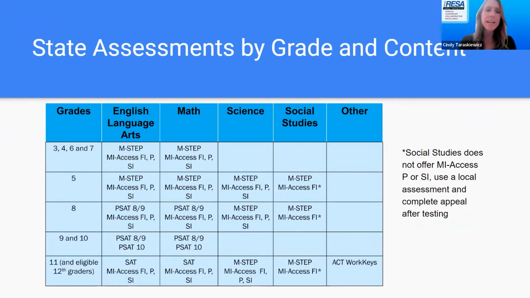They do not use anything from grade 9 and 10 in accountability. So they will give you that data to use at a local level to make decisions in your building or in your district around the content standards and curriculum, but they do not use any of the data for accountability for grades 9 and 10. They knew that there was a gap from 8th grade testing, PSAT 8, all the way to SAT. So the state wanted to offer something for schools to track growth between 8th grade and 11th grade. So they jumped in there and gave PSAT 9 and 10